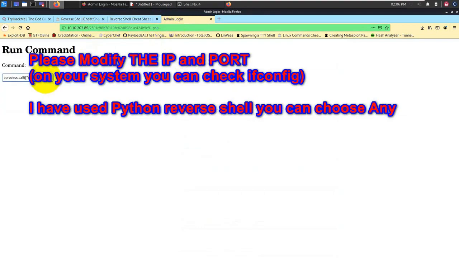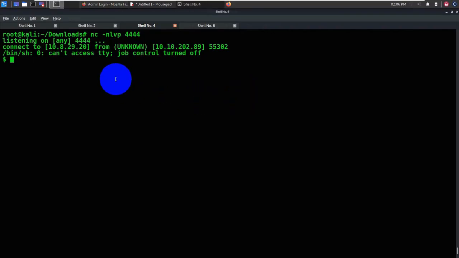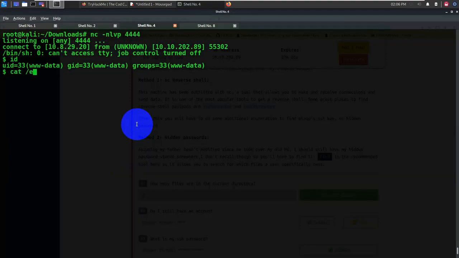Let me quickly check the IP address and port. I hope those are in place. That's the most important part for this particular code. Okay, if I press enter and go back here, right here I can see my shell access. If I type id, now I have the shell access. Let's go ahead and try cat